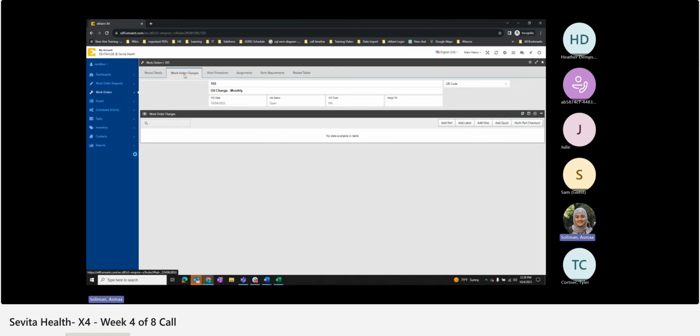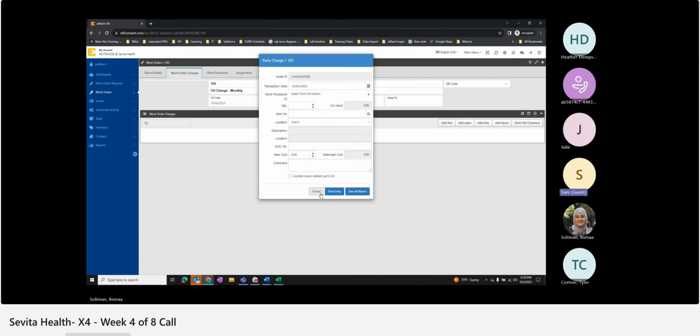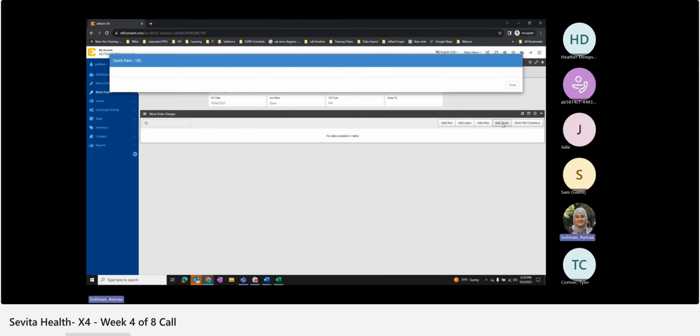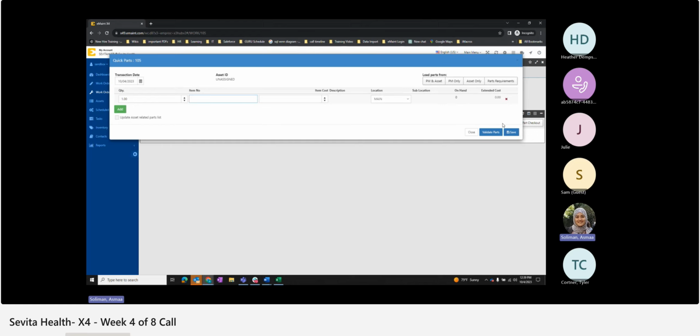then in work order charges, they can add the parts that they use. They can click on add part to add it from inventory, directly from inventory. This opens it directly from inventory to select the part that they use. And they can also click on add quick to be able to pull over the parts that were in the scheduled activity